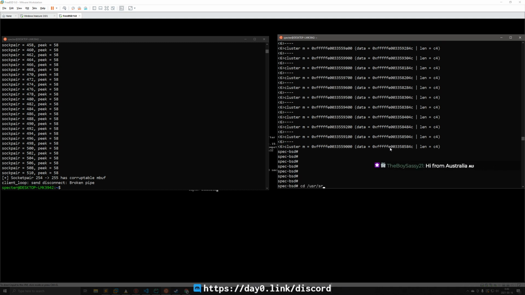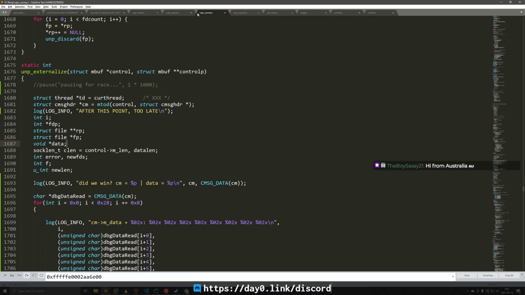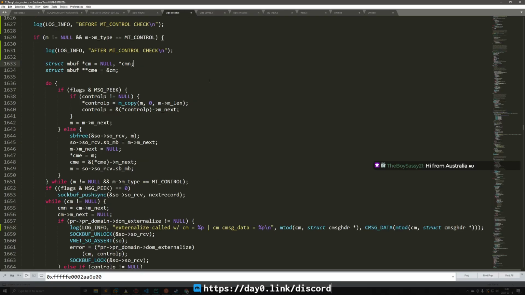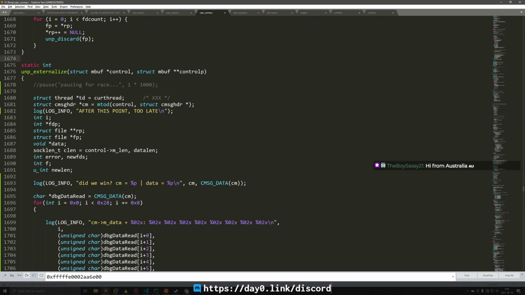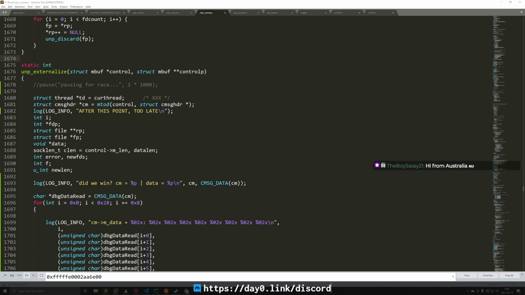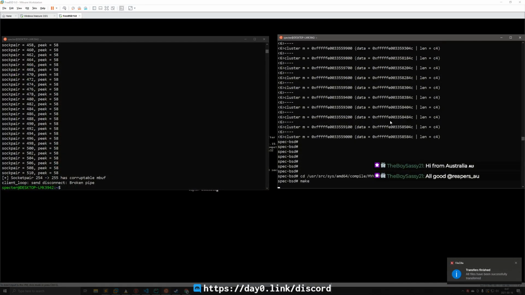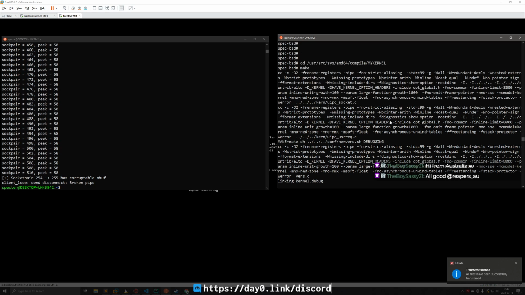So, user source sys AMD64, compile my kernel, and let's get our custom files in there. We got UIPC socket and user request. I don't think I saved this, so let's go ahead and do that. Got to go into the kernel, and we got UIPC socket and user request. All right, let's make our kernel and make install it, and we'll be good to go.